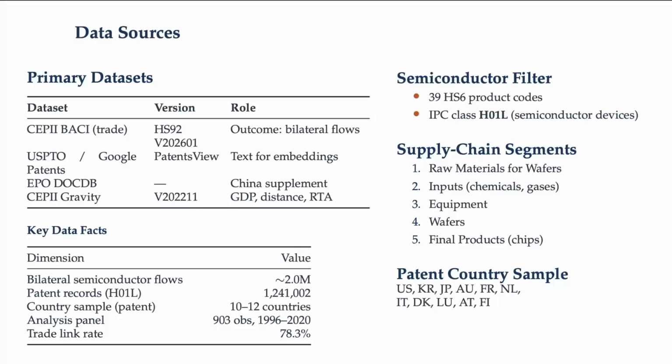And the gravity dataset only has GDP, so we cannot see direct or specific industries' trade volume. So I needed to pin down a more granular dataset, which is CEPII BASI. It gives me each sector's trade volumes. And another